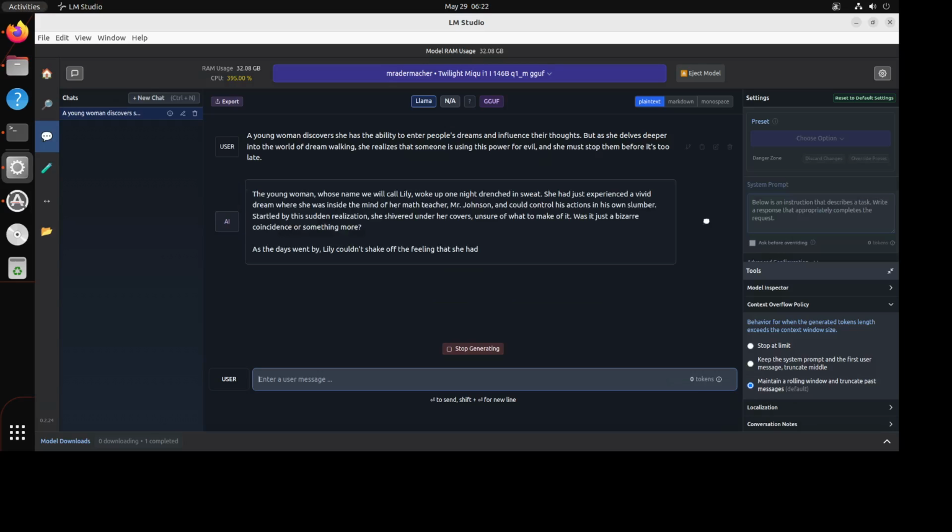The model is still writing it, but you can already see that the CPU is at 400%. Memory is already almost all of it used, and VRAM of GPU is not being used. It's all CPU at the moment because this model doesn't fit in the GPU for some reason, even if I try to offload some of the layers. So it's a huge model. I will let it run for a bit more, just to give you an idea of how hard it is to run these big models.